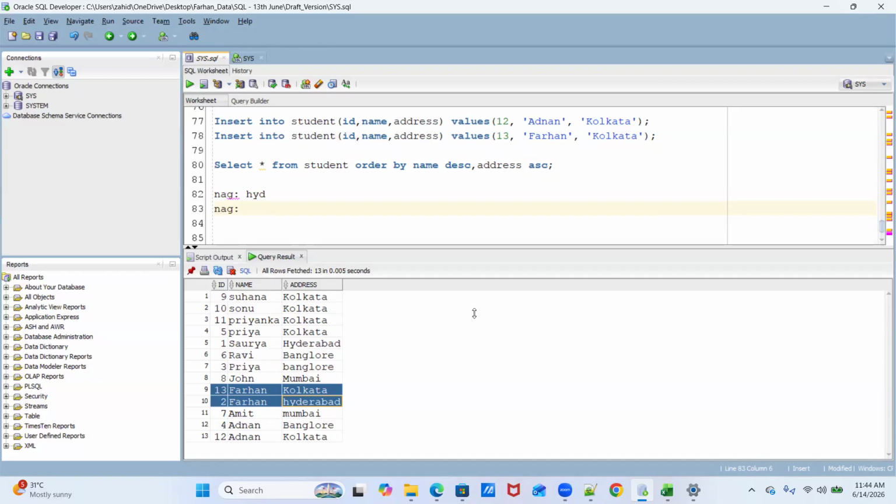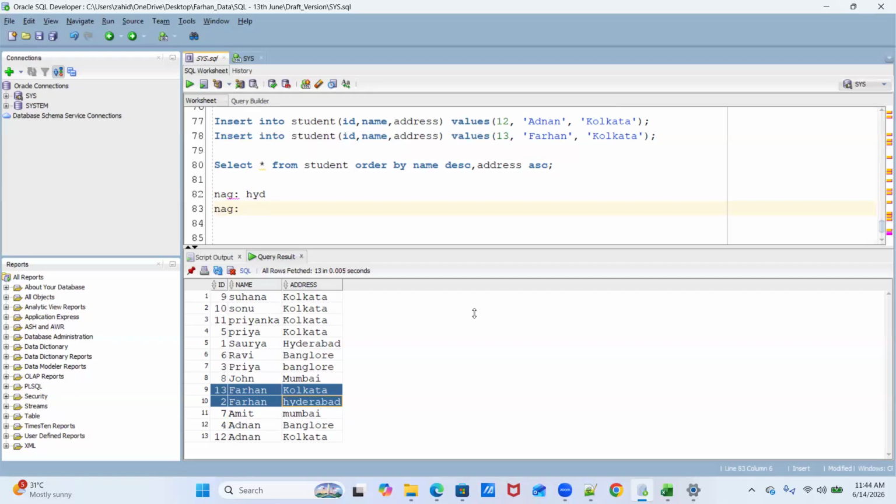But if you have a table with millions of records, there are cases where many names are the same with different fields as unique, either address, city, or phone number. If our requirement is to sort based on name and address, or name and city, then this query comes into picture.